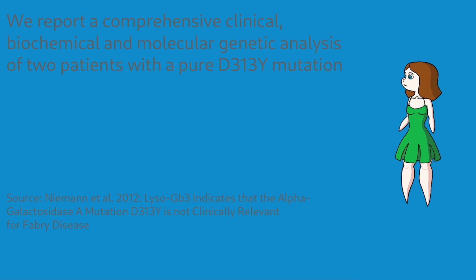Next, we have a paper from 2012. This paper includes 2 patients. The 20-year-old daughter had unspecific pain in her arms, which might be caused by her GLA variant, but according to the authors, no Fabry disease. At least not yet. Her 53-year-old father, apart from being a heavy smoker, was healthy. You might think, for the numbers involved, that's still a little meager, but it's twice the patients that were examined in 2003.